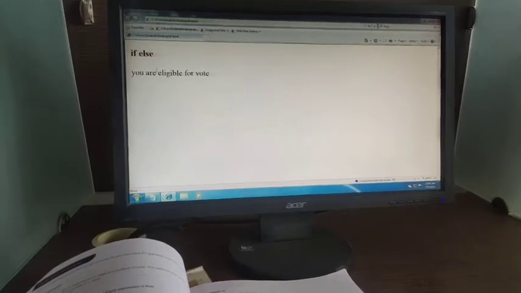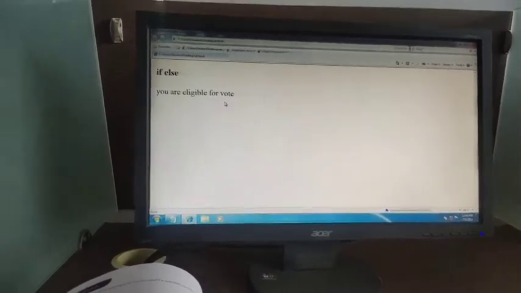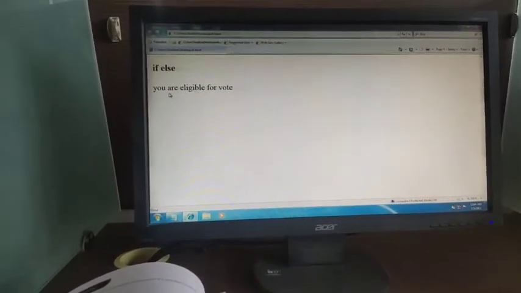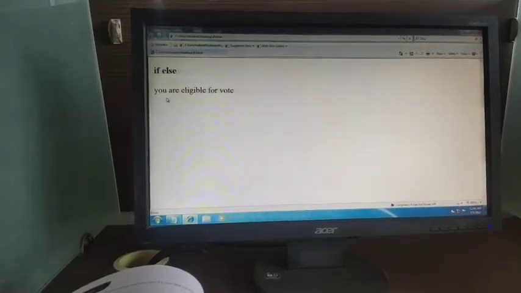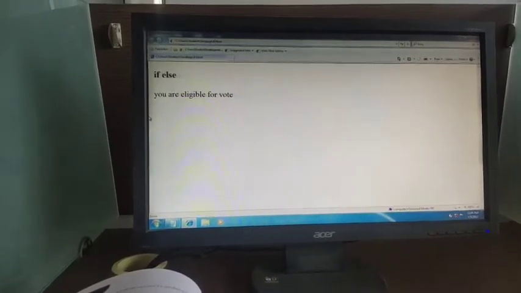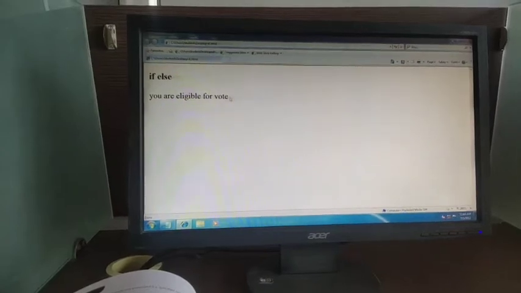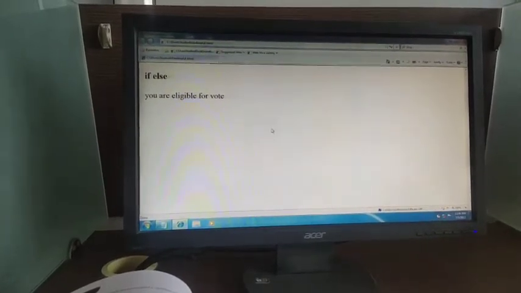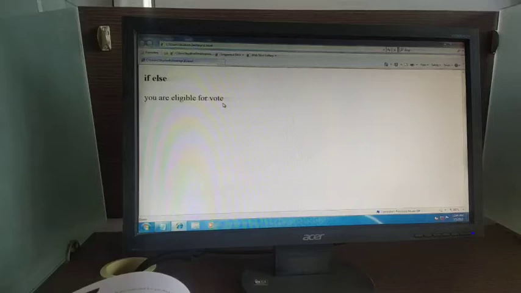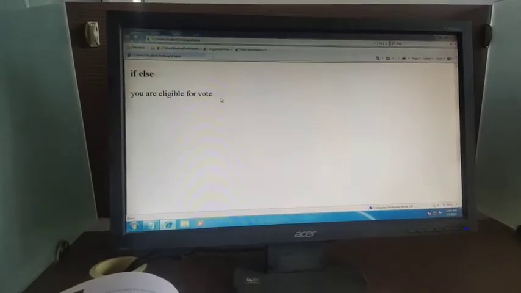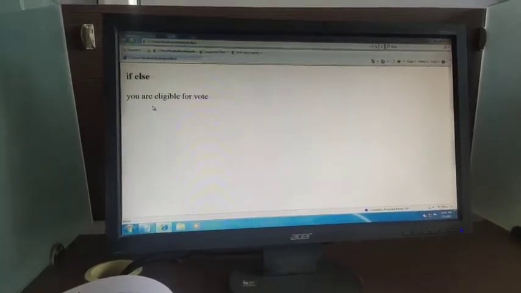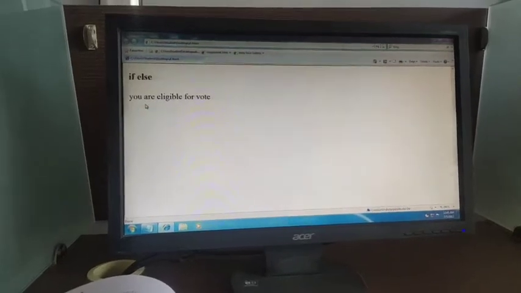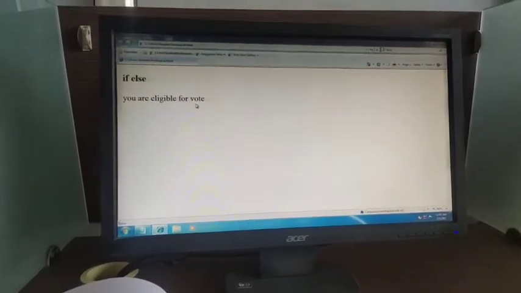You will get the change because 25 is greater than 18. Whatever changes you make in that Notepad file, you save it and refresh your HTML web page, you can get the change. So 25 is greater than 18 now, that's why you are eligible for vote is coming here.